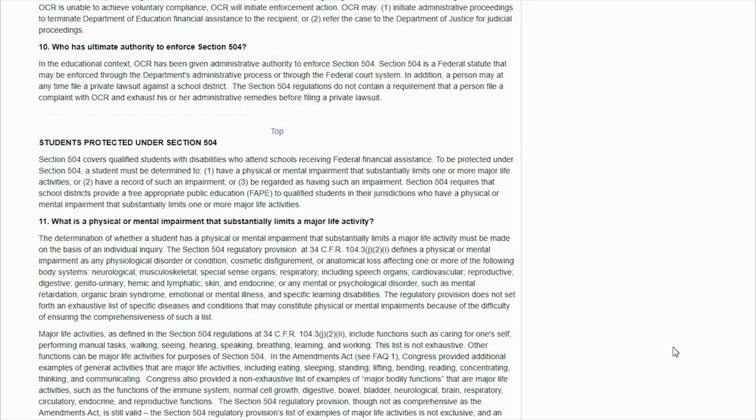Okay, so Section 504 covers students with disabilities who attend schools receiving federal financial assistance. To be protected under Section 504, a student must be determined to: 1, have a physical or mental impairment that substantially limits one or more major life activities, or 2, have a record of such impairment, or 3, be regarded as having such impairment. Section 504 requires that school districts provide a free, appropriate public education, or FAPE, to qualified students in their jurisdiction who have a physical or mental impairment that substantially limits one or more major life activities. Okay,